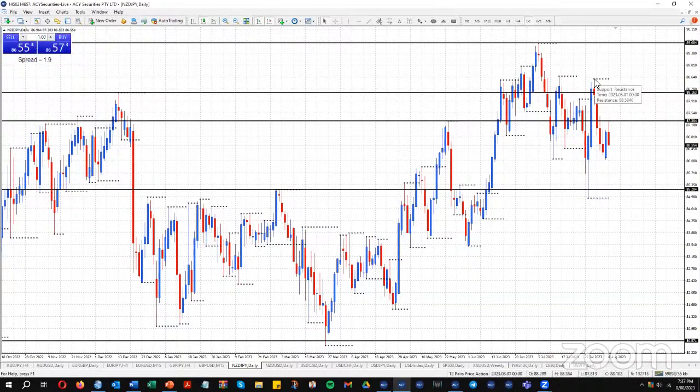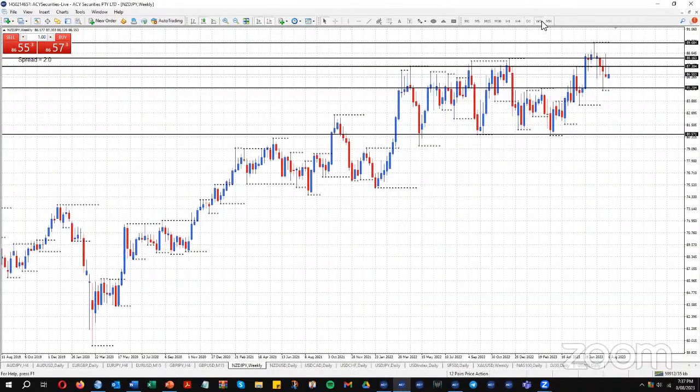You could say this is a higher top to the last top, and this is a higher bottom to that bottom, but I don't know if that's quite the way it's going, because on the weekly chart, if you look at what happened last week, we had a massive rejection up at the top there, and we've had a down week. We had a down week at the start of the week, then traded back up, and we're just trading back up to